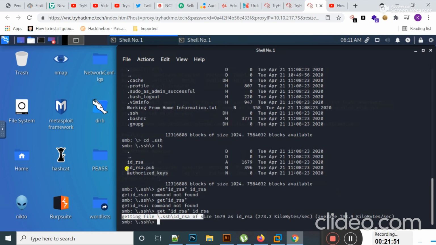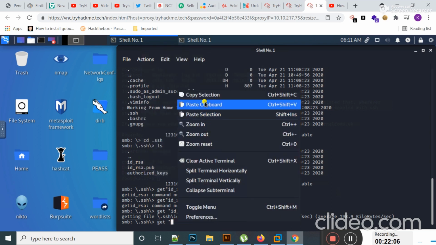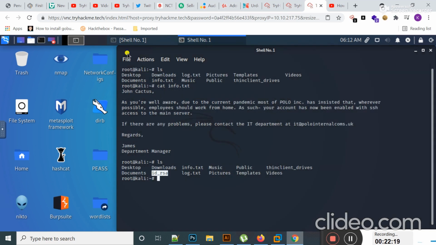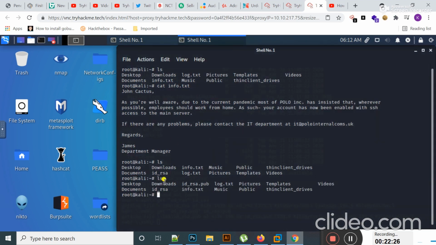Okay, I'm going to get this file by using the get command. I type get and then id_rsa and hit enter. Okay guys, you see that id_rsa is successfully copied here. If I type ls, you can see that id_rsa is present here.